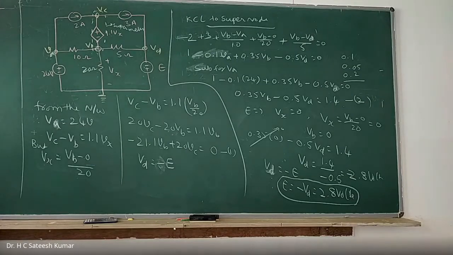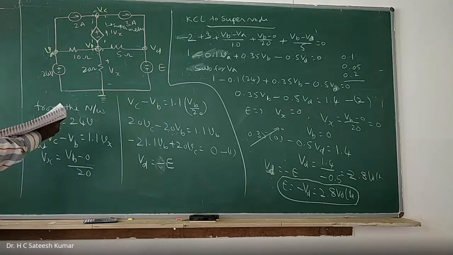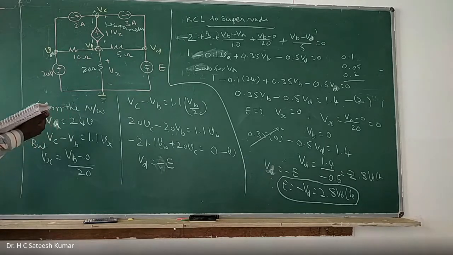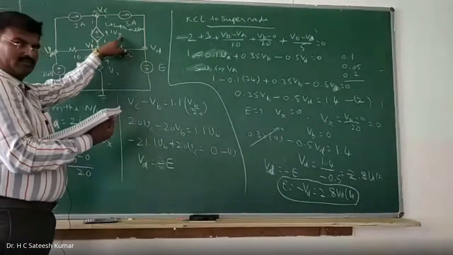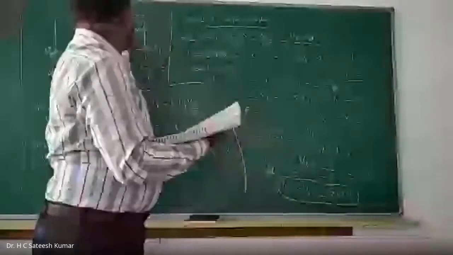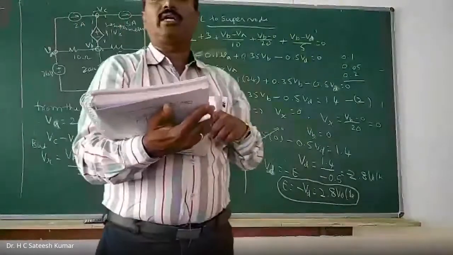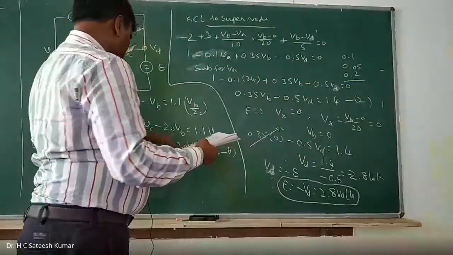10, no? 2 amps, 3 amps, 24 volts, E, 5 ohms. Somewhere we made a mistake in this. What is that we have? 0.1 Vx. Okay, 1.1 Vx I have taken. In my notes, I have taken this one as 0.1 Vx, but here I have taken 1.1 Vx, so the value has changed. If you take 0.1 Vx, it will become 7 volts. Okay, it is a new problem. Don't worry about it. Just the method you should understand, right? We shall go for one more problem.